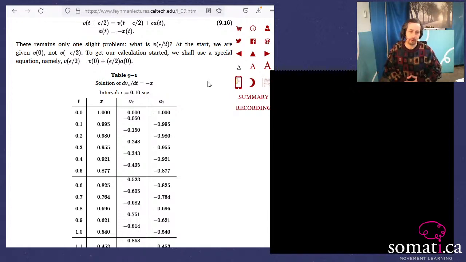So like before at initial time 0, it's at its initial position, x equals 1. And it's starting at rest. And there's the second value that's put underneath the velocity to represent that epsilon over 2, at 0.05 between 0.0 and 0.1. So it's written underneath the 0. And you get a negative 0.05. So that value is the initial velocity plus half of